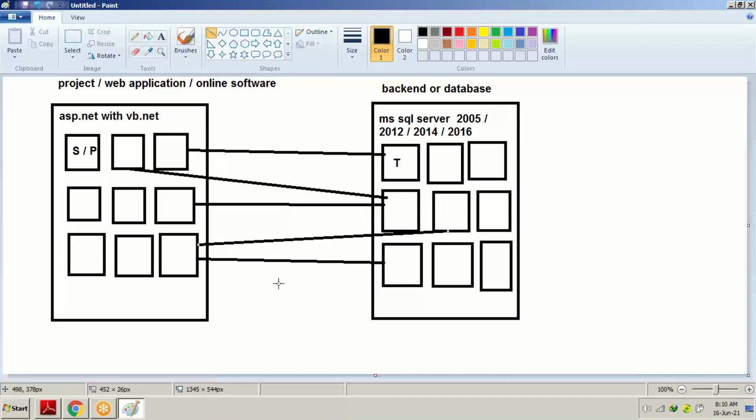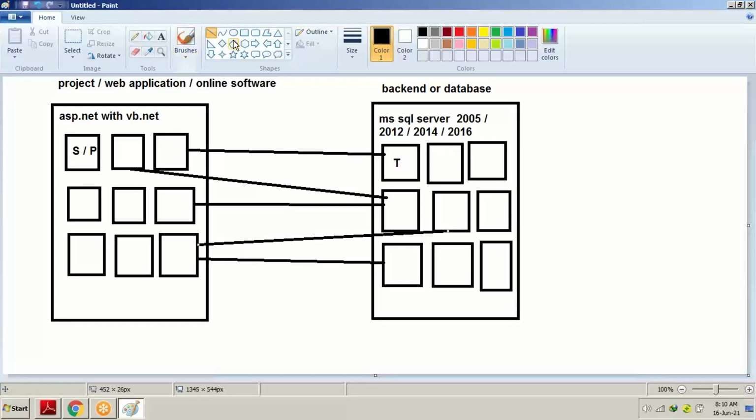But for just starting up, for beginners, just remember, we connect one screen with one table and flow the data from our front end, because this is the front end, the project which the user will be seeing and inserting the data in. You won't be able to see the database.